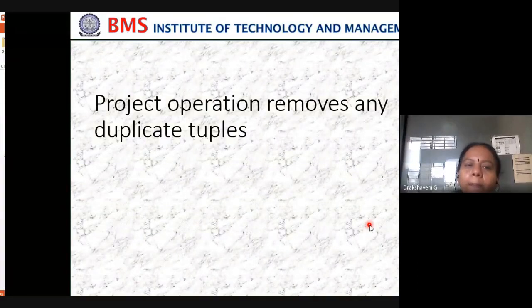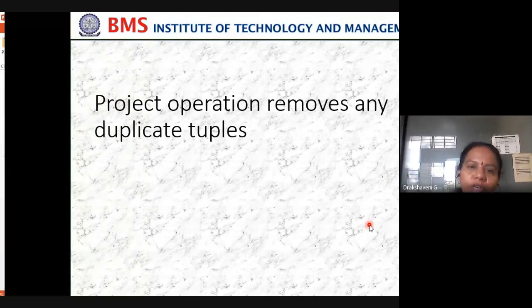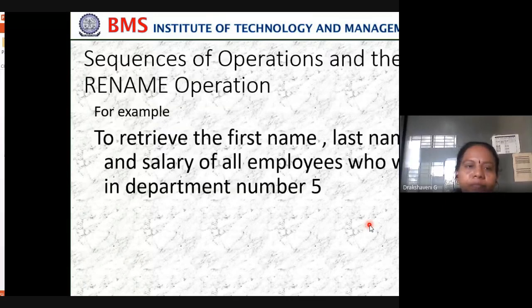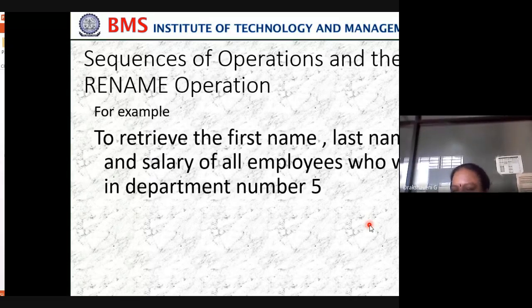Okay, similarly, in the project operation, we have just told that the project operation removes any duplicates. And sequence of operation. So what do we do in sequence of operation? So we